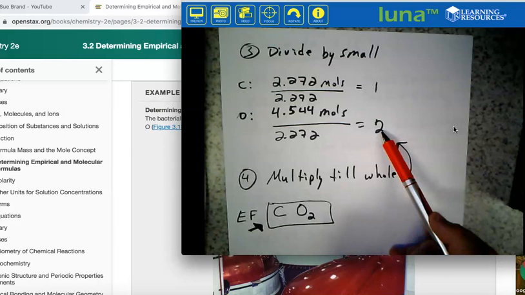The fourth step is to multiply till whole, but we don't have to do this step because we already have whole numbers. After we divided by small, we have whole numbers, so we don't have to multiply till whole. So that means our empirical formula is going to be C. Okay, so the next problem, they're asking you to determine the